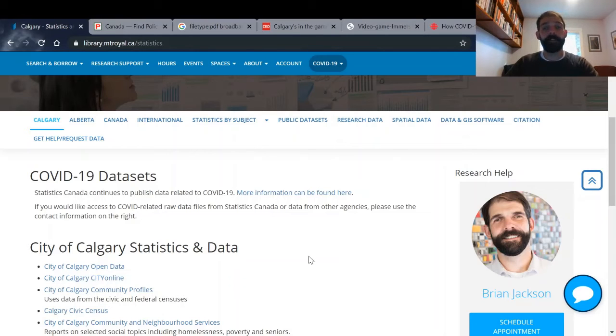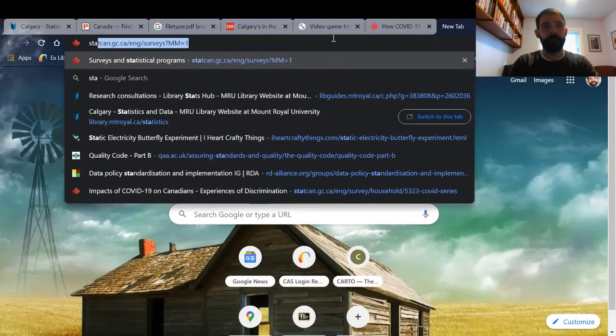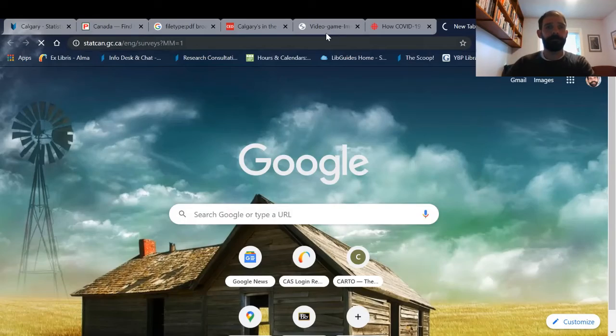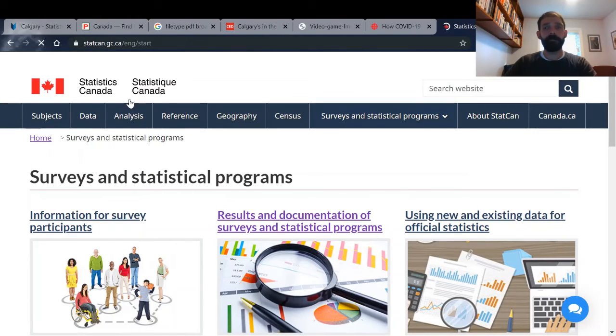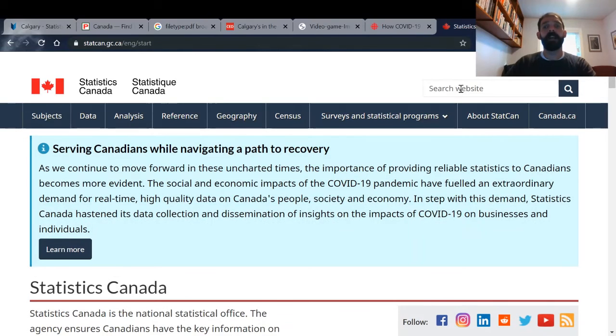So go to Statistics Canada. You can do a search. You know what? I'll just go to the page and show you very quickly. You can do a search here. When you're searching the website here, it's going to pull up data tables, reports, news items, and all sorts of stuff that's on their website. So it's quite broad. The trick with searching for StatsCan is knowing which terminology they use to describe the topic, which may not be the same terminology that you're familiar with.